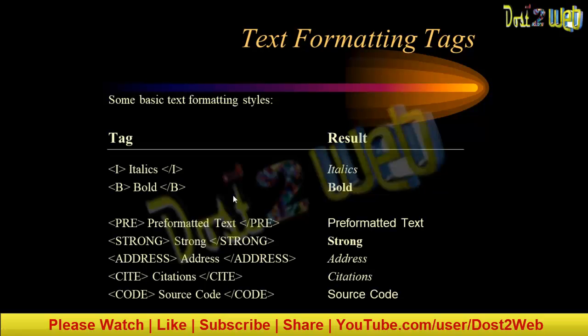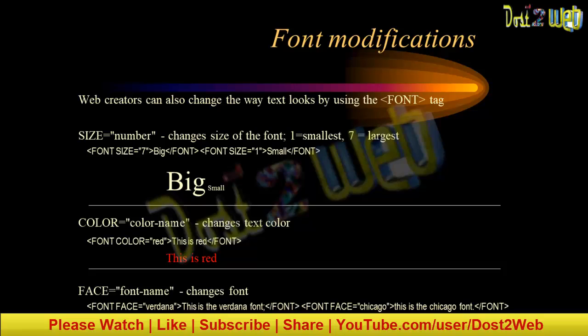Okay, so till here we have completed the text formatting. Now we have font modification, right? What is the font modification? Whatever you have used just now, that is the predefined font, that is all it's taking. I want the font size to be different for the text. When you want to use a different font size, there we have the syntax for that also. You are going to use the font tag, either you write small or caps, it doesn't matter. Associated with the font tag, some other attributes will be there.